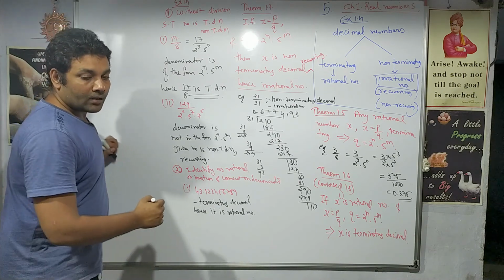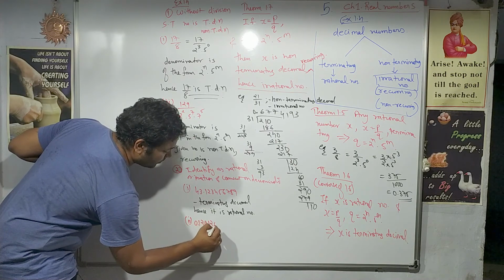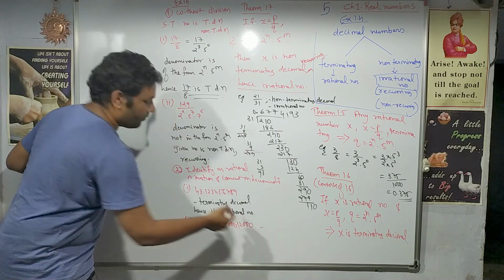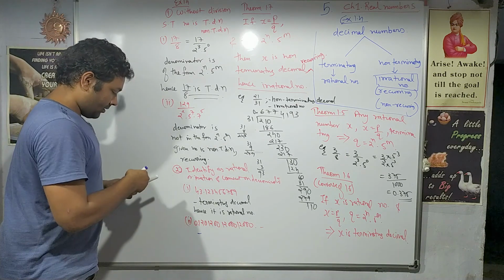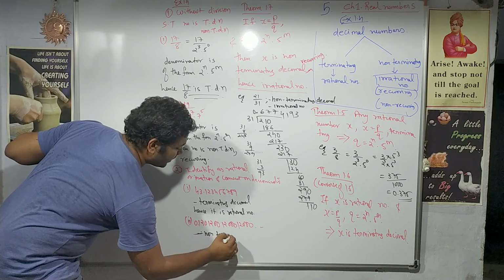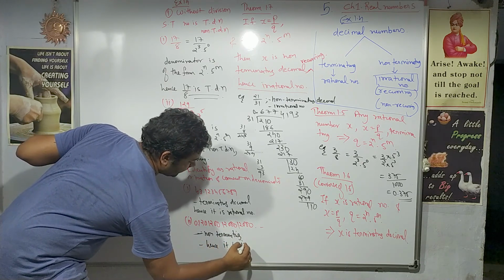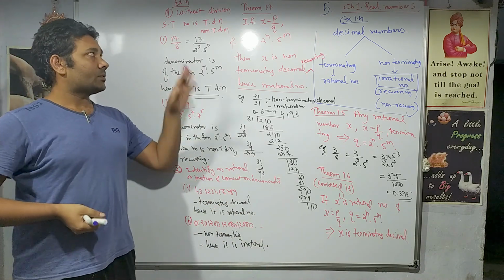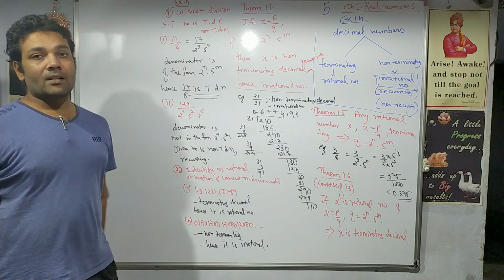Second question we have is 0.1200. Now here if we see, it is non-terminating, right? We can write down the answer as non-terminating. It is non-terminating that we can observe, hence it is irrational, right? So that is the simple exercise. Similar types of sums we have, you must try, practice, right? So that's enough for exercise number 1.4.